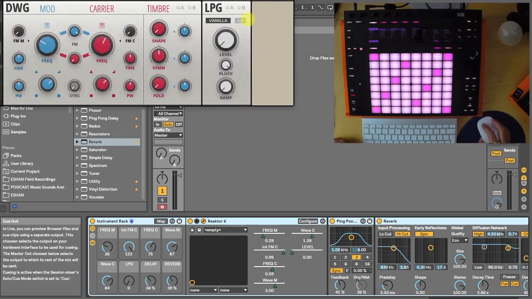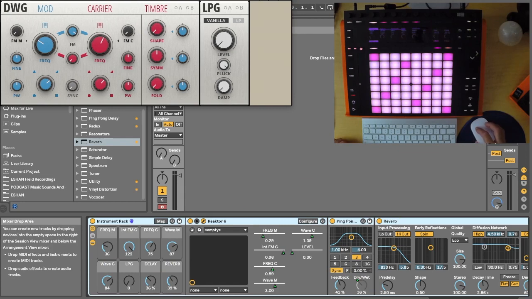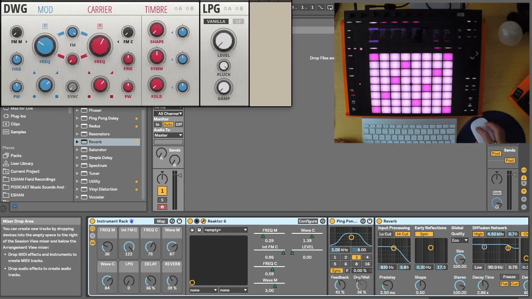In the second part, we added the low pass gate and we mapped them all to macros, obviously. In the third part, we added a ping pong delay and a reverb, all mapped to the macro of the group. And we played around with all different sounds. And as you could see, you can get some very strange and also beautiful sounds just using this small modular